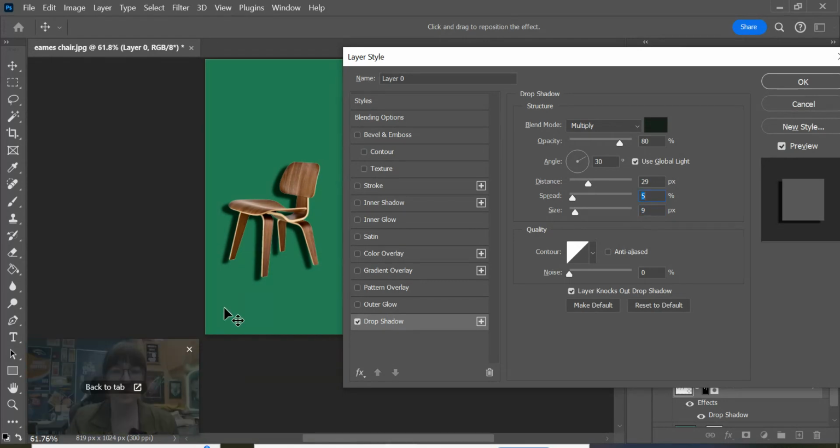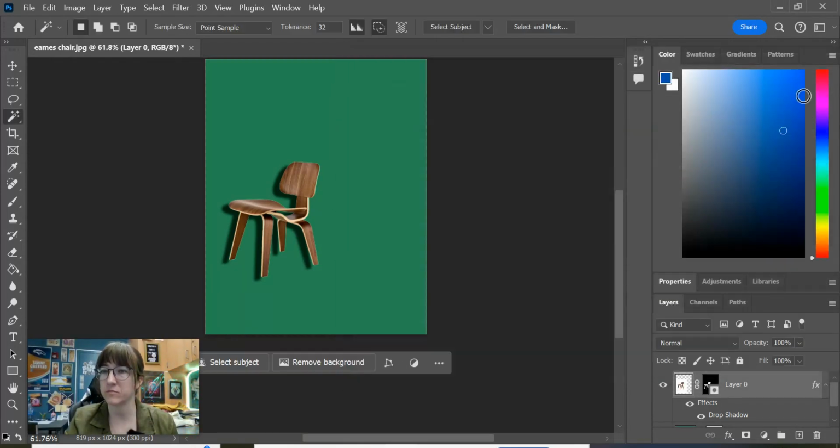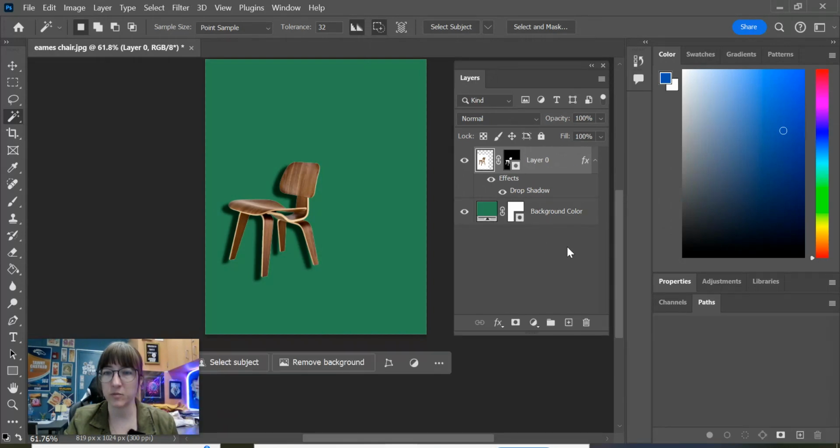So once we've got a drop shadow that looks similar to this, we're going to go ahead and press OK. And then if we look in our layers over here, we're going to see that we now have our effect attached to that chair. But I want to be able to manipulate that effect separately from the chair. So another word for effects is layer style, right? Remember when we first did that with the chili dog,